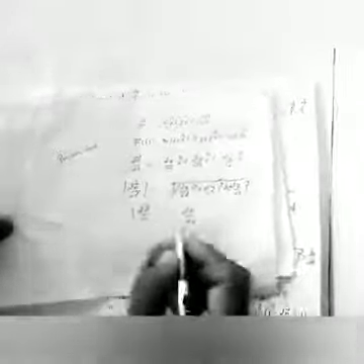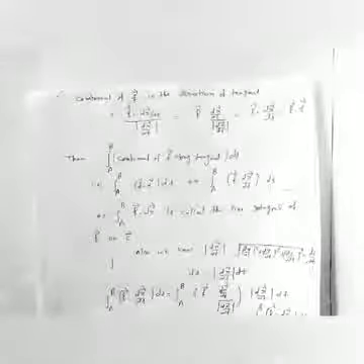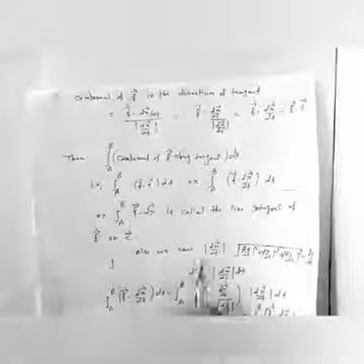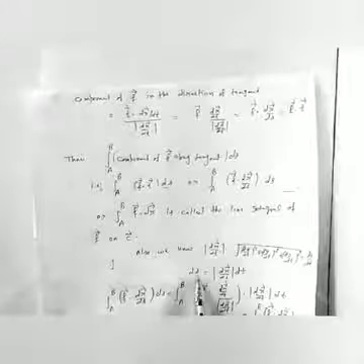That term is also written as ds by dt, and ds by dt is equal to the magnitude of dr by dt. So from that, ds is equal to the magnitude of dr by dt into dt in parametric form. So therefore, also we know that the magnitude of dr by dt is equal to this term. So therefore ds is equal to the magnitude of dr by dt into dt.